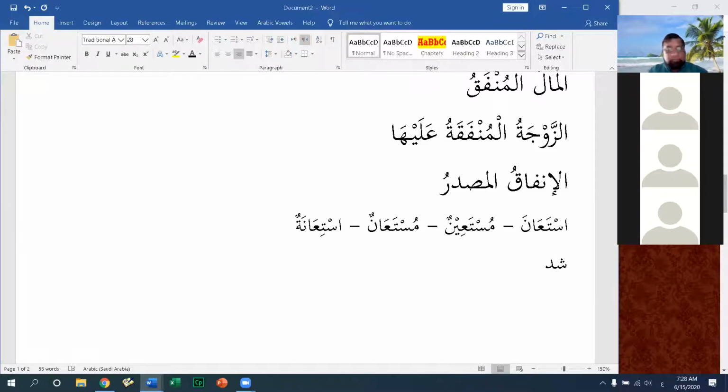Shadda. This verb here is originally shadda. Then when we put it on the form, it's originally sha da da. But then what the Arabs would do with this, instead of saying sha da da, we would say shadda, and we double the dal and we write it like the shadda. When we put this on the 8th form of the verb, it becomes